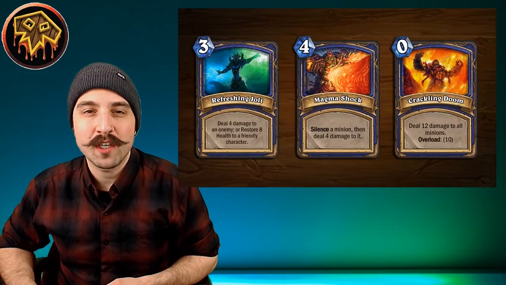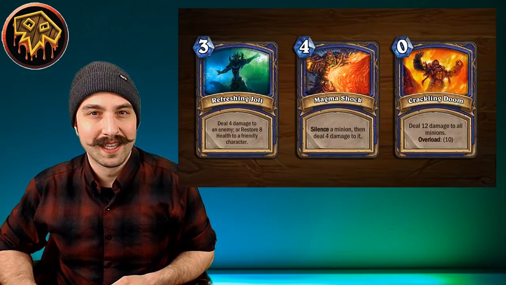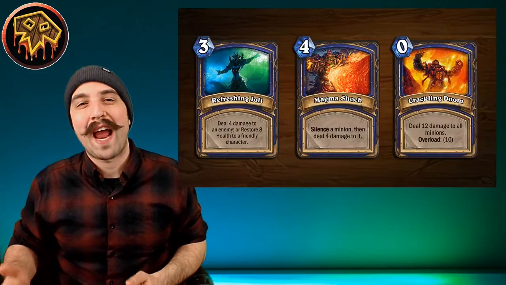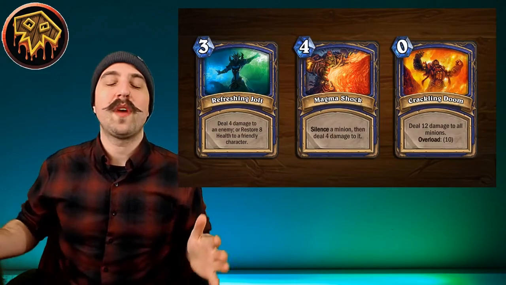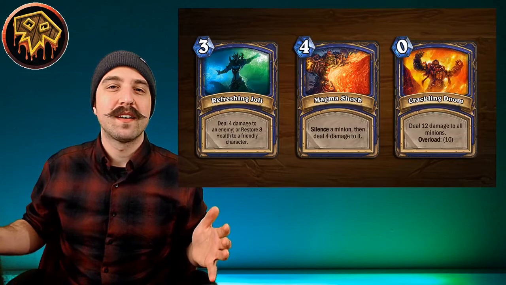Next up is Magma Shock. Deal 4 damage to a minion and then silence it. Sorry, it's the other way around. Silence a minion, then deal 4 damage to it. And then the last card, Crackling Doom. Deal 12 damage to all minions, overload 10. And the winner of Canada's favorite Shaman card is